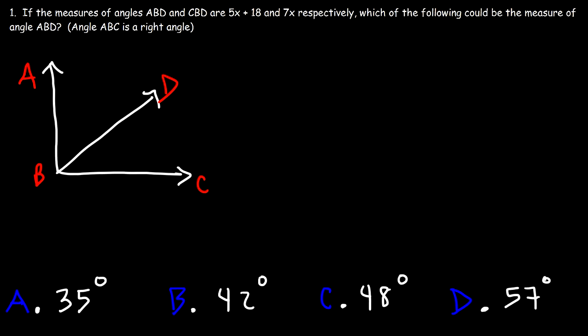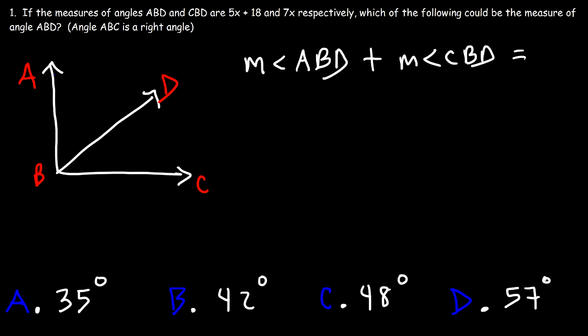If the measures of angles ABD and CBD are 5x plus 18 and 7x respectively, which of the following could be the measure of angle ABD? Now we're told that angle ABC is a right angle. So what that means is that angle ABD and angle CBD, they must be complementary. They must add up to 90. So we could say that the measure of angle ABD plus the measure of angle CBD adds up to 90